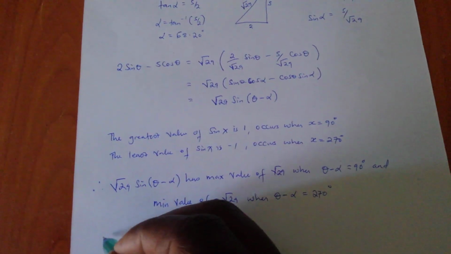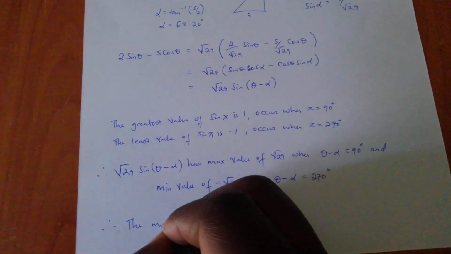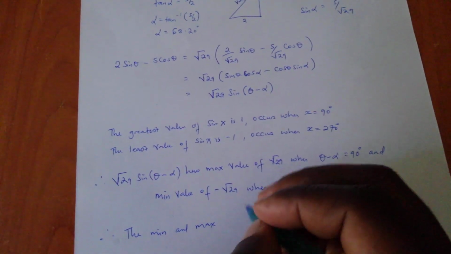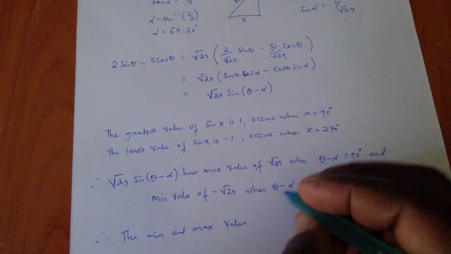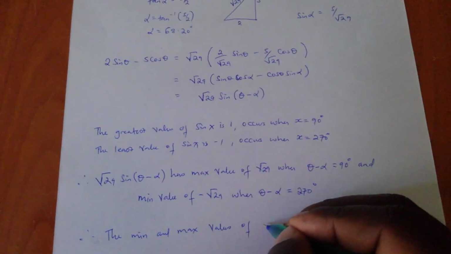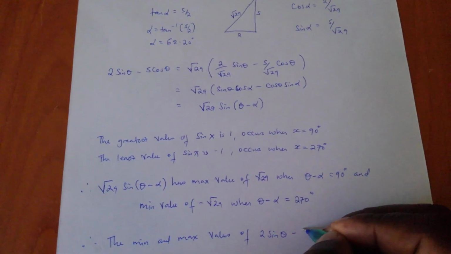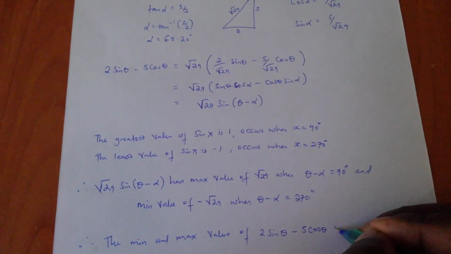Now I'm concluding. Therefore, the minimum and maximum values of 2 sine theta minus 5 cos theta are